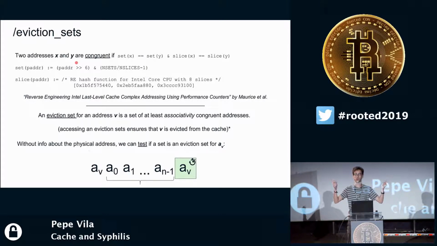Two addresses are, as we see here, congruent if they map into the same slice set and the same cache set. If this is a physical address, we have to know the slice, and the set is part of the bits we said. You discard the 6 lower bits and determine the rest. One eviction set is just a set of addresses containing